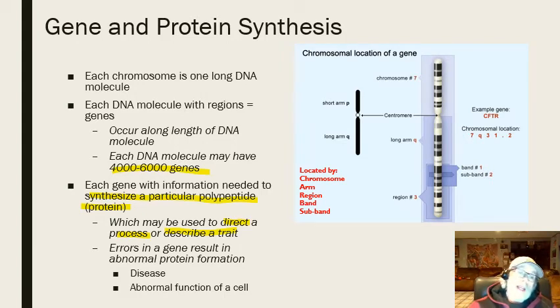Now again, errors in genes result in things like disease or an abnormal function of a cell. And this isn't new, this is actually old. People talk about the genetic basis of cancers. If there's some type of abnormal cell division, we have a mutation in a particular gene, and that causes maybe more replications and all kinds of things that result in cancer. They're called oncogenes and stuff like that. We won't get into that because we don't have the time to go into a lot of the clinical aspects, but